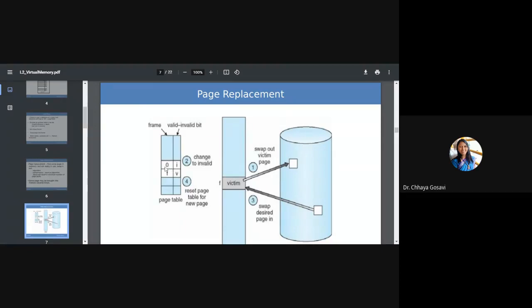Initially, the page is invalid. It is not in main memory, but it is referred. Then it will check whether this page is on the backing store. Yes, this page is in the backing store, and we want to bring this page into main memory. But we don't have a free frame. So suppose this frame is valid, that is, it is in main memory, but we don't need this frame anymore. So swap out this frame to the backing store. This is the first step: find a victim frame, move that frame to the backing store, and change the entry from valid to invalid, and bring this page into main memory, changing its entry from invalid to valid.